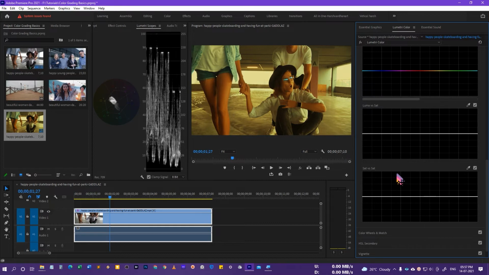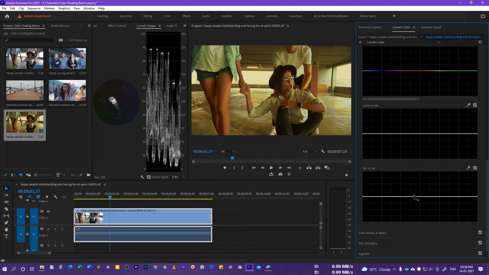And then we have the final option, saturation versus saturation. So if I click anywhere like this one, and if I increase it up, that's going to add more of the saturation of that particular color, and I can take away. So basically this is somewhat the same tool. And if I click on this color, let's say, that's going to adjust saturation of that particular color as well.